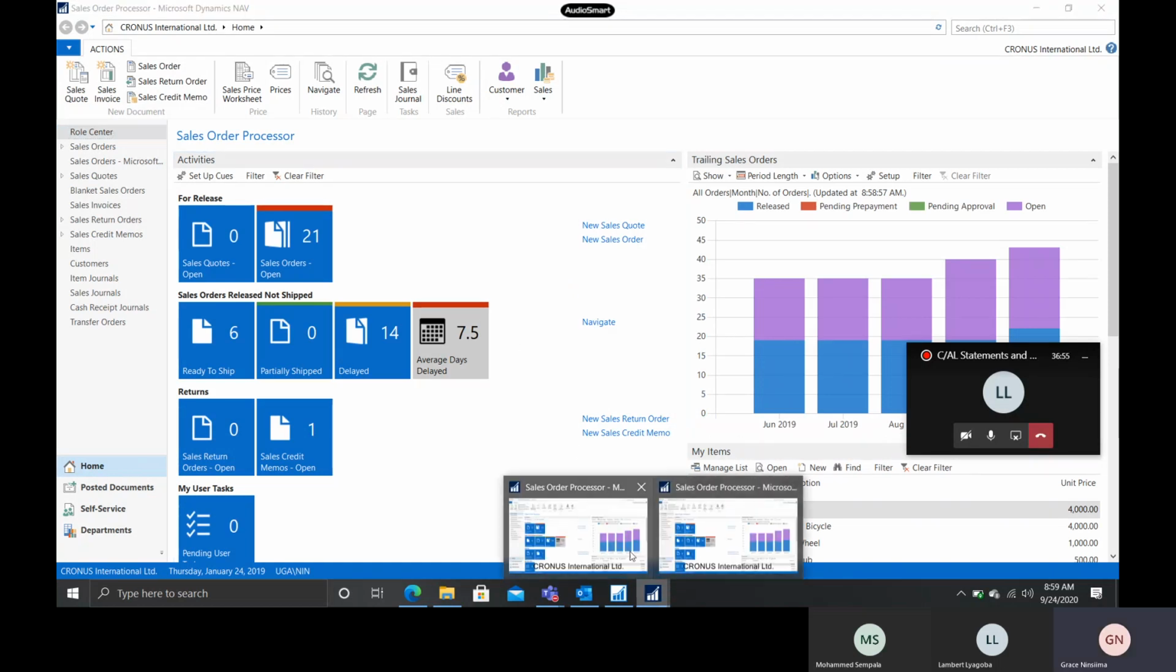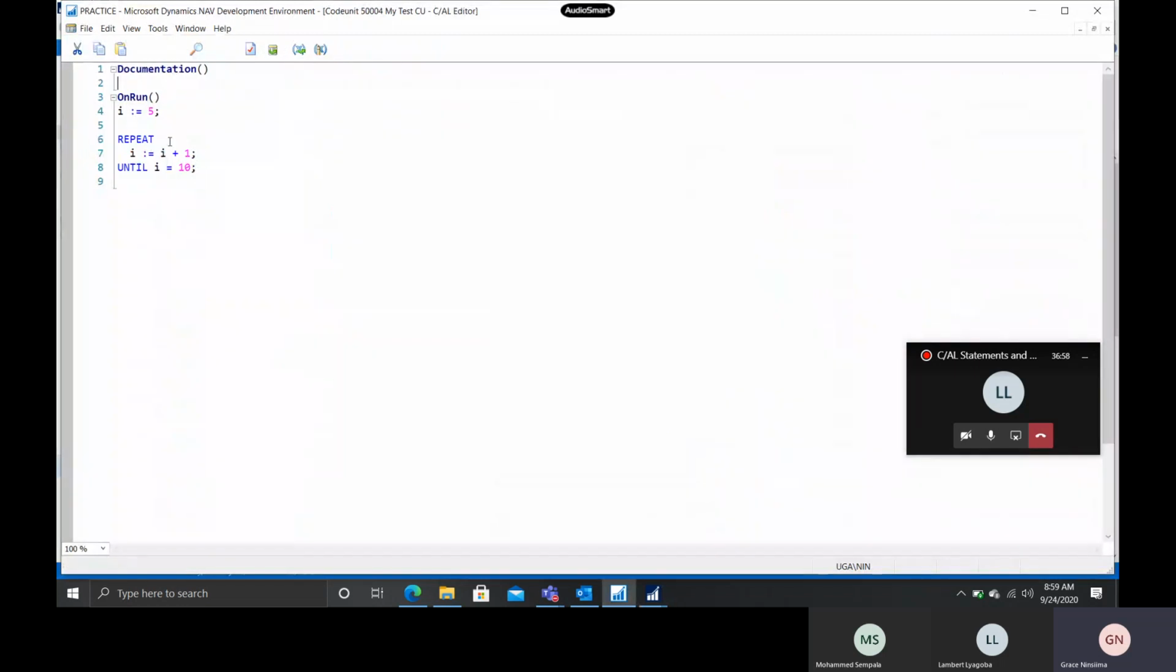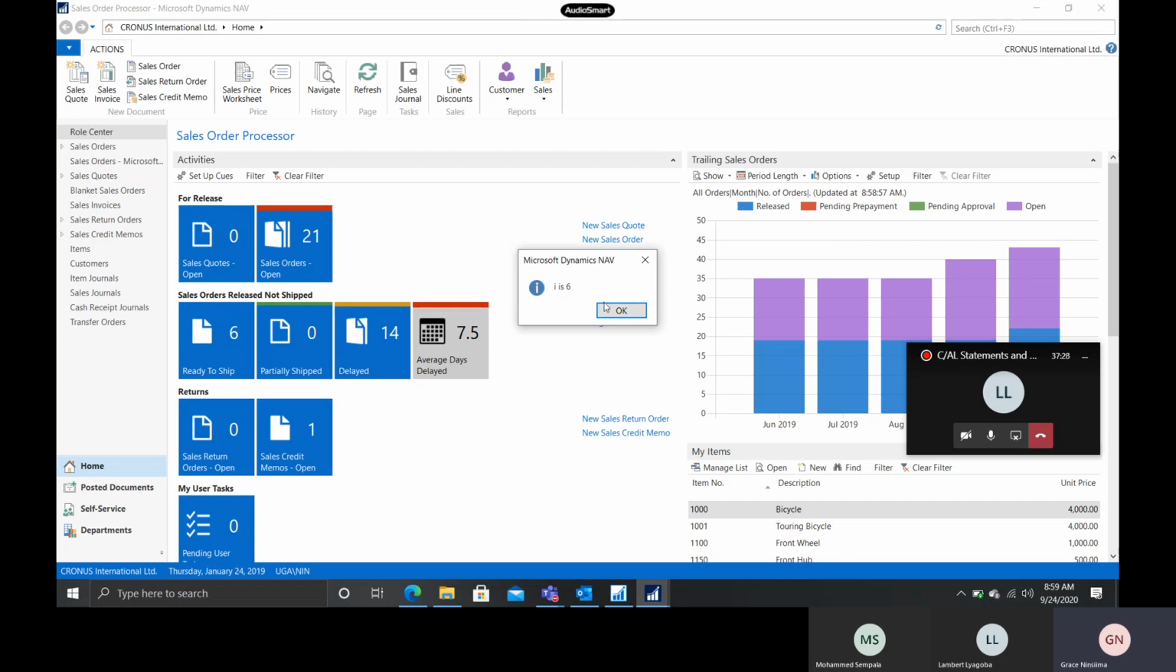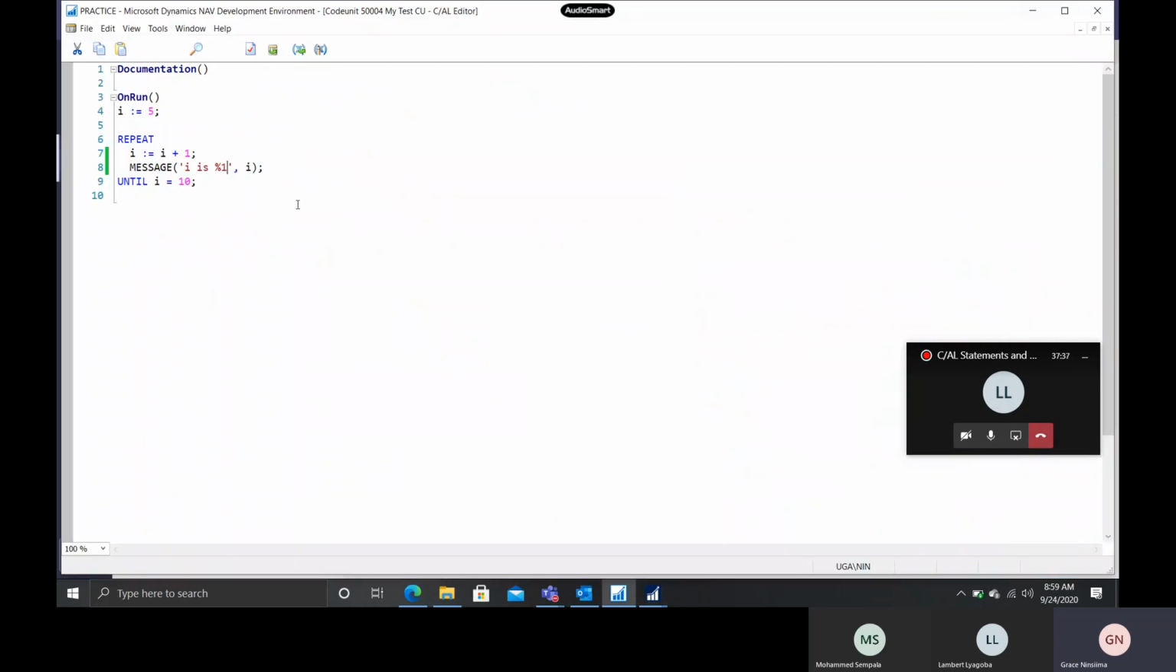Did I message? I didn't, yeah? So there is nothing I expect. So here I can just say a message I is %1. Then I put my variable there. So if I run this, I is 6, 7, 8, 9, 10, and then it is out. So that is, yes? According to the logic,